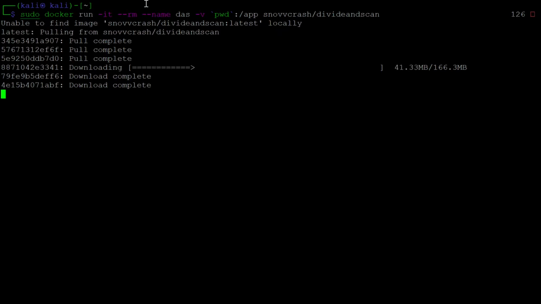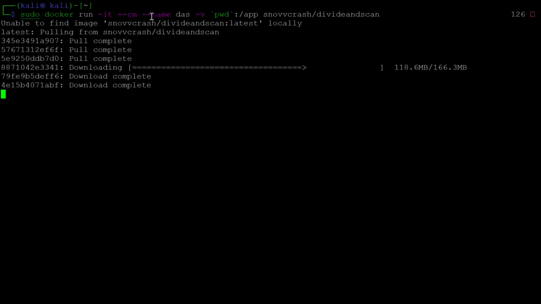This is for demonstration purposes. We are running this application only while we are using it right now, and we are not using it later on. So we'll just destroy the container, and if we want, we can pull the image again later on. Locally it will download this image, and locally it will set itself up.